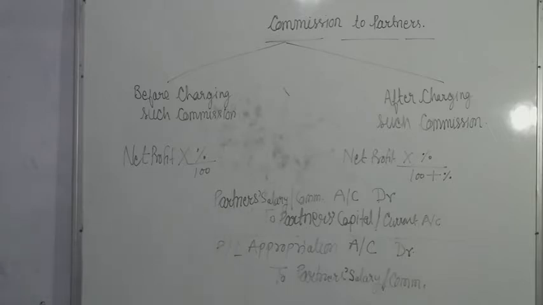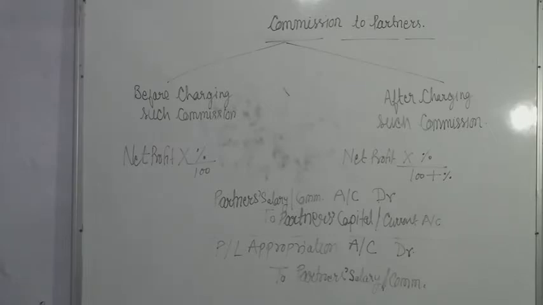Number one entry when salary or commission is allowed to partners, and number two entry when salary or commission is transferred to P&L Appropriation Account. So number two entry is P&L Appropriation Account debit to Partners' Salary or Commission. By passing these two entries we can record partners' salary or commission in the books of account in